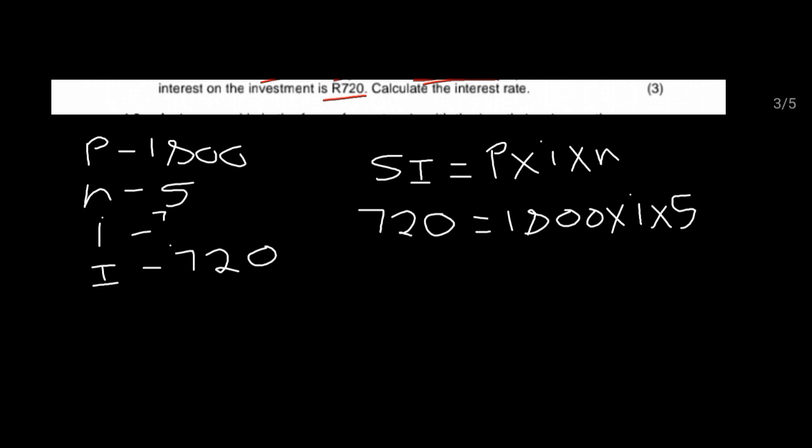So this means I'm going to divide both sides by 1,800 multiplied by 5. I believe I showed how we calculate this in previous videos, but if I didn't, remember that in multiplication, order does not matter. You can choose to divide by 1,800 first and then divide by 5. We are dealing with multiplication here, whatever number is multiplied, you divide by it. But the simplest way is to remember that in multiplication order does not matter, so this thing can be written as this: